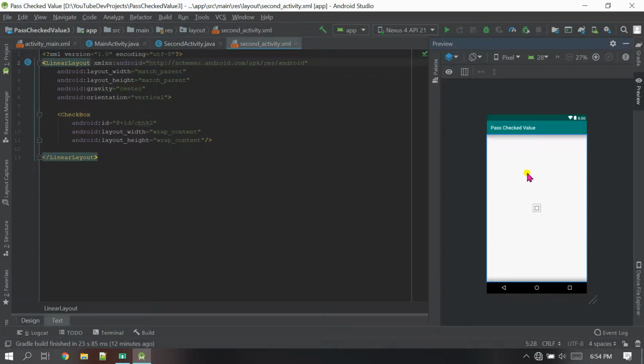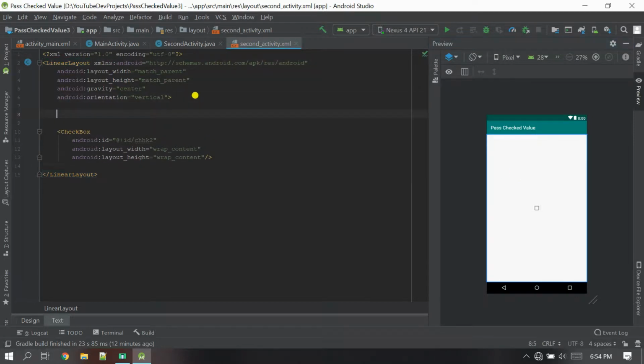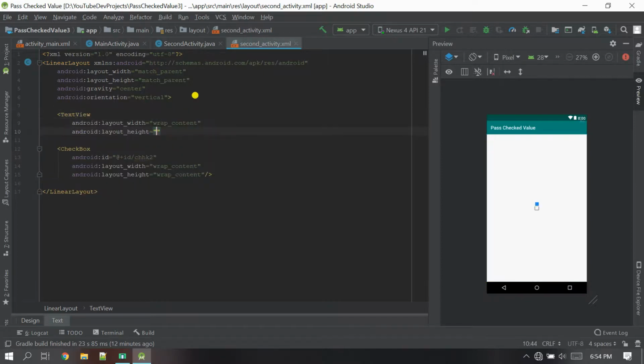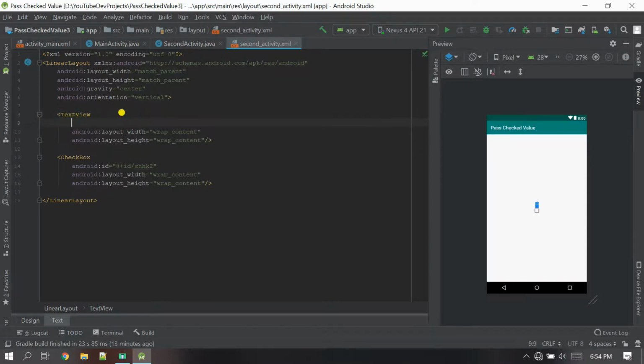Now I'm gonna give one text here so that you will know this is the second activity. So how we can do this? Just go here and then open angular brackets. I'm gonna say TextView. Okay, the height and width I'm going to give wrap content, close it, and then I don't need any ID, this one just to show that this is the second activity. So I'm going to give the text only. So text I'm going to give this is second